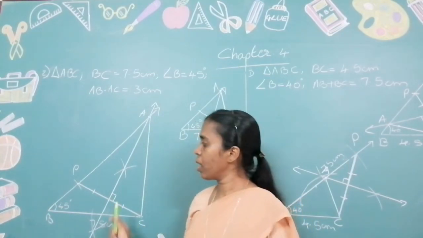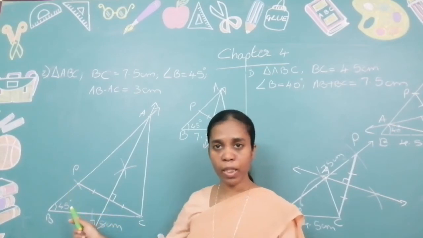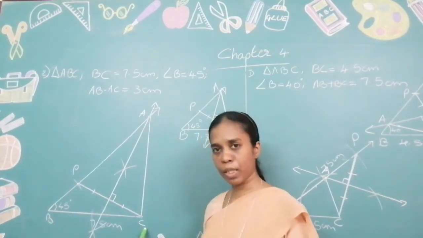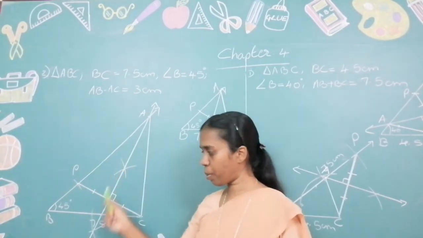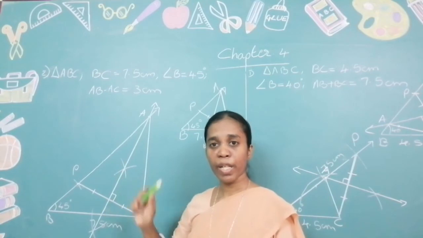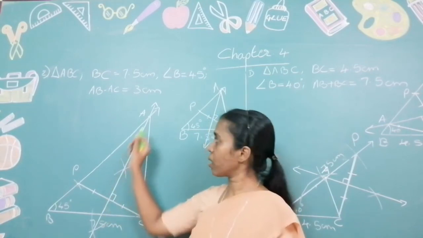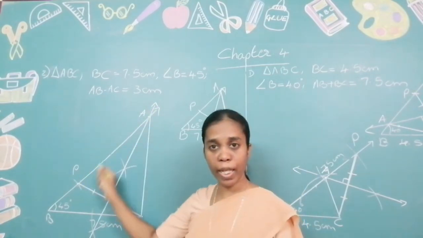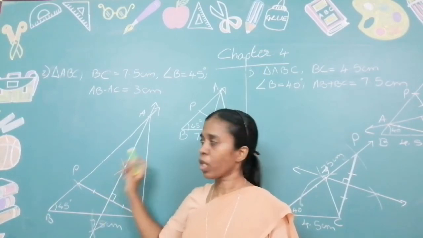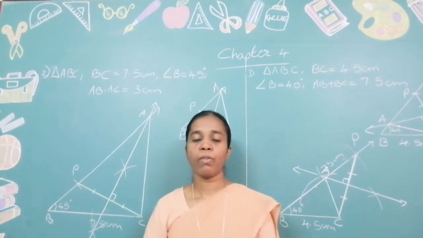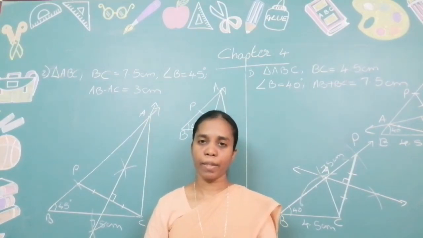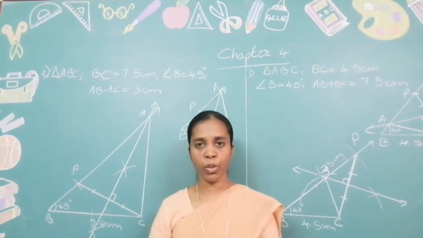Is that clear? Now, which is the newly constructed segment? PC. We have to draw the perpendicular bisector of the newly constructed segment. Okay, draw the perpendicular bisector of it. Wherever the perpendicular bisector intersects the first ray that we have drawn, mark that point, and that is the third vertex of the triangle. Is it clear to you?